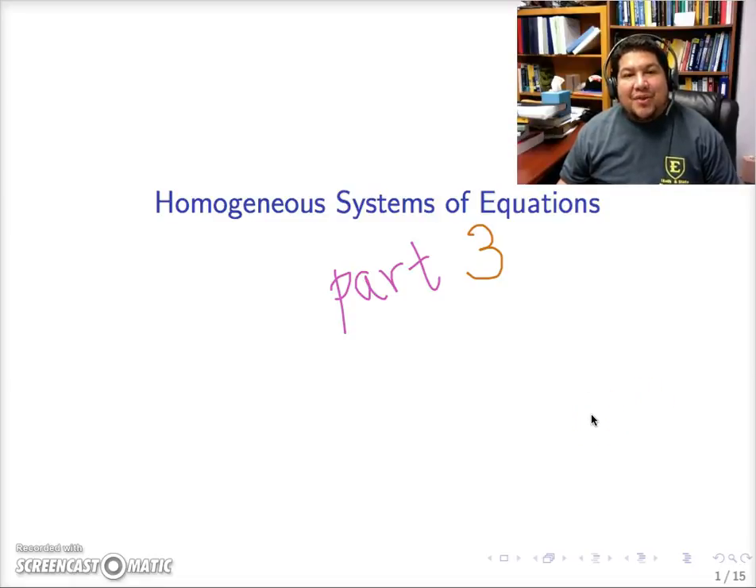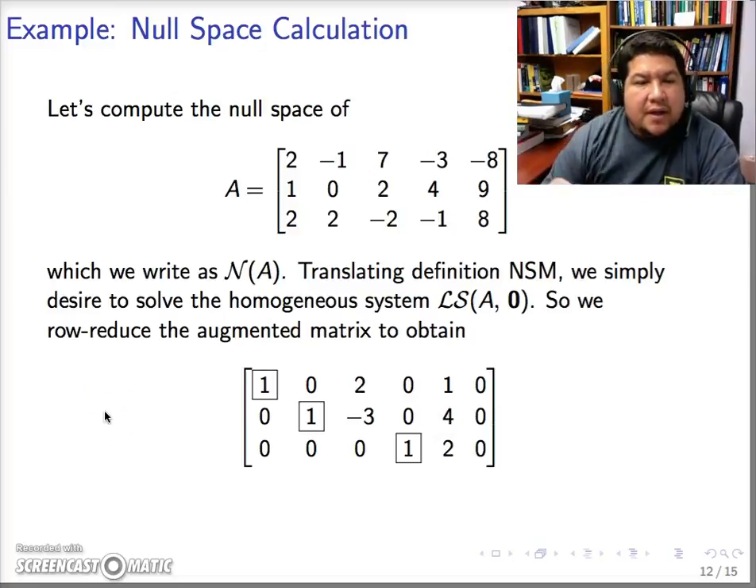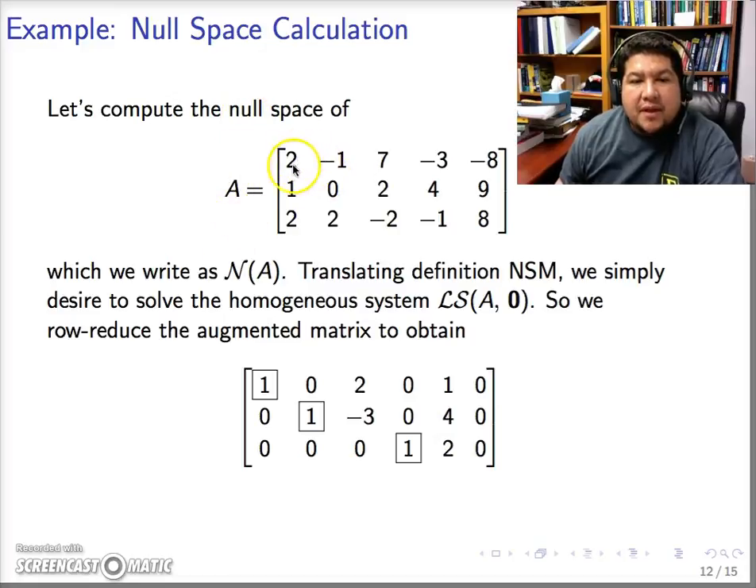Welcome to part 3 of the lecture about homogeneous systems of equations. So let's turn to this example. We have a matrix with 3 rows and 5 columns, and